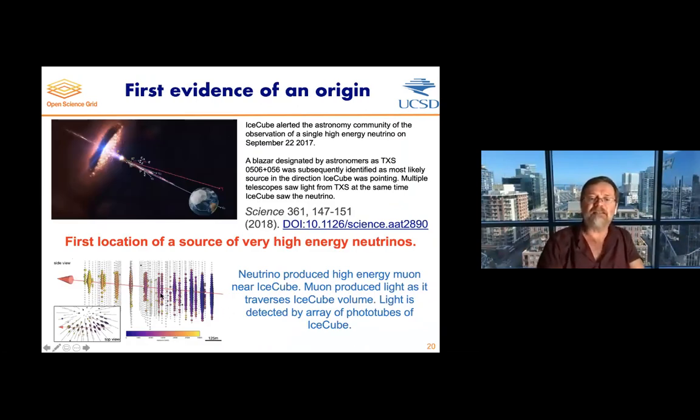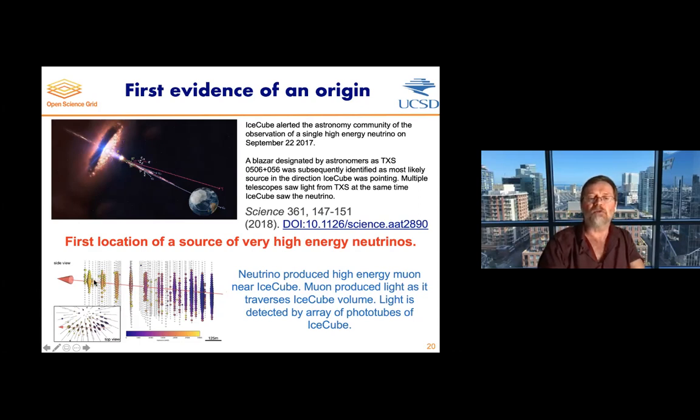This is an actual event display of an actual muon going through the detector. Somewhere here outside the detector, the neutrino turned into a muon, and this muon flew through the detector, and as it flies, it creates Cherenkov light, and that Cherenkov light hits all of these different phototubes. The phototubes are all of the points. The color is the amount of energy that you detect at any one of them. In fact, I was pointing the wrong way. I think the arrow actually points backwards. So the muon comes from this direction.